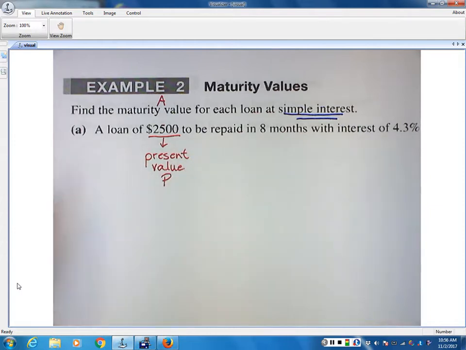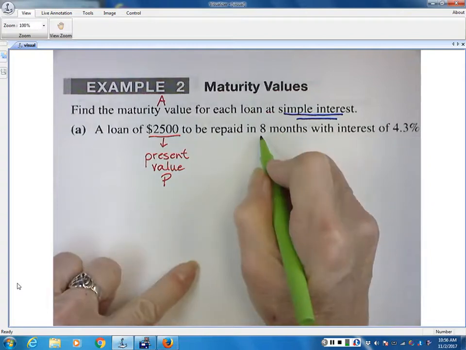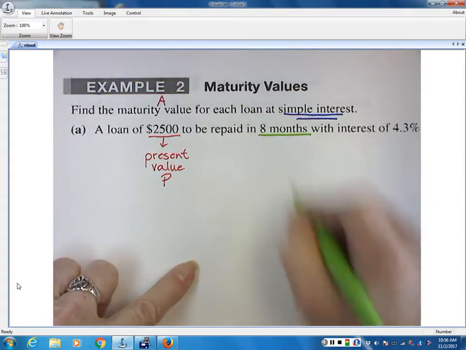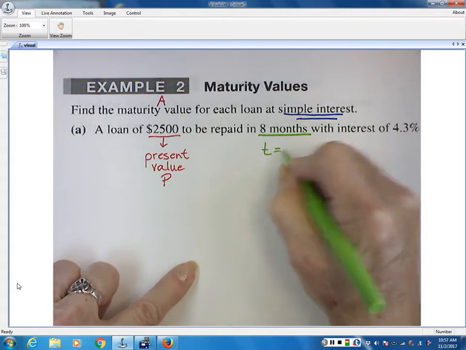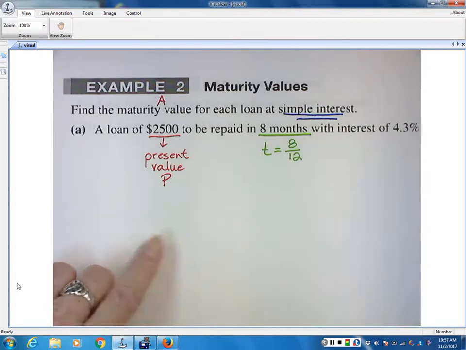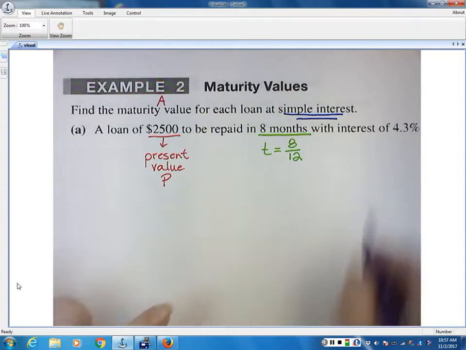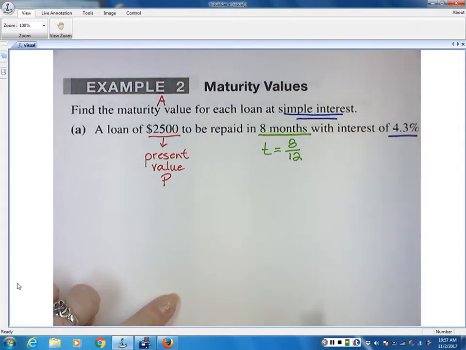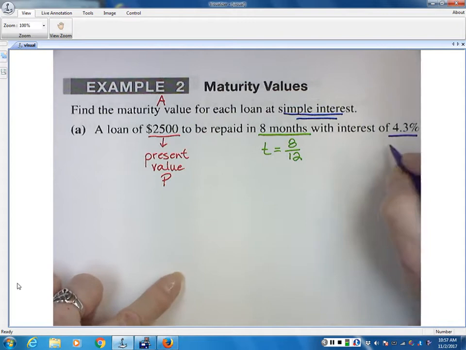You're going to repay it in 8 months. So your time is going to be 8 over 12. And no, I don't care if you reduce the fraction. 8 over 12 works just fine because we're going to put it in the calculator. And then your interest rate is 4.3%. And since we have to have that as a decimal for simple interest, then we're going to use